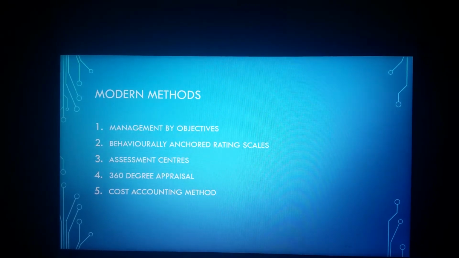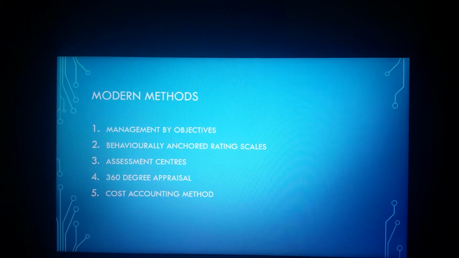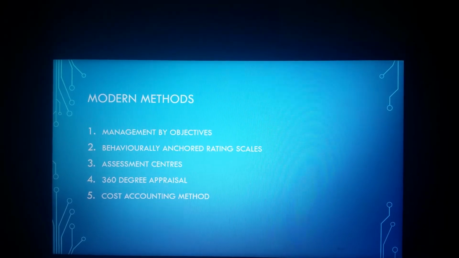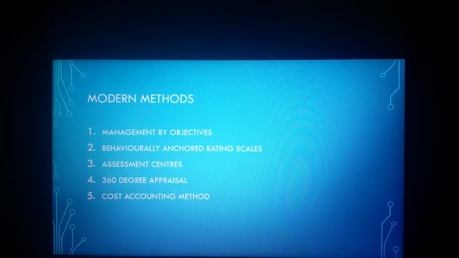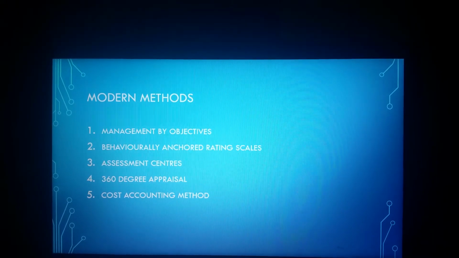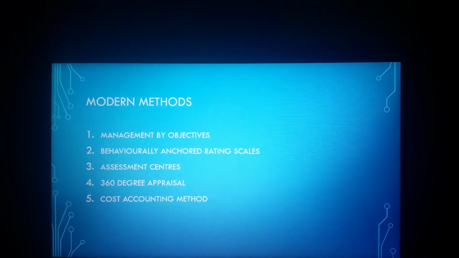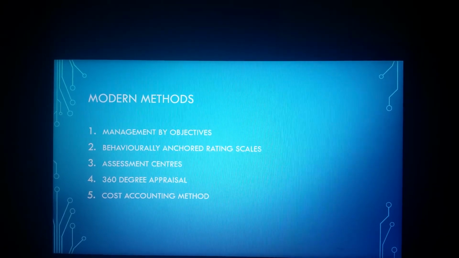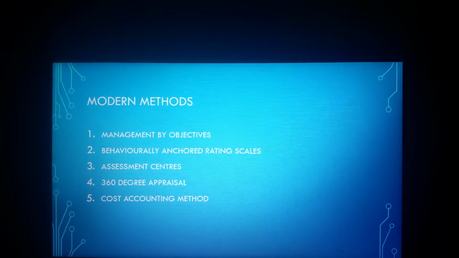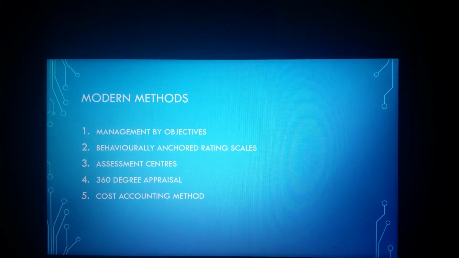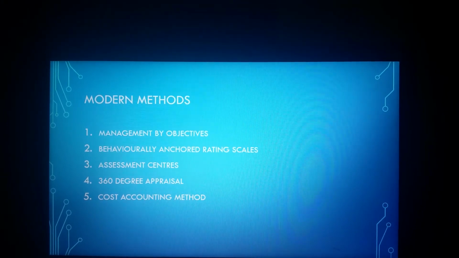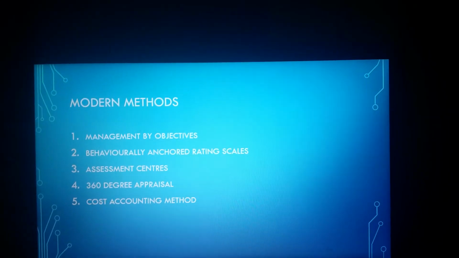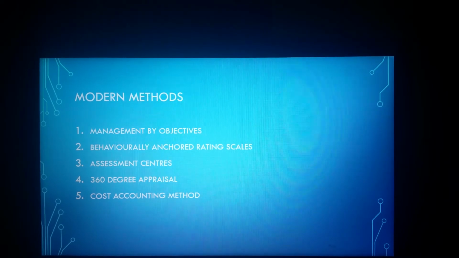In an assessment center, the managers have to gather at a central location, and then they have to participate in well designed simulated exercises, and they are assessed by the senior managers. Generally the assessment is done for a period of 2 to 3 days. The assessee is asked to participate in various in-basket exercises, games, work groups and role plays, and based on their performance in these exercises, the assessee's behavior is recorded, and the raters meet to discuss their pooled information and then give their assessment about the assessee.